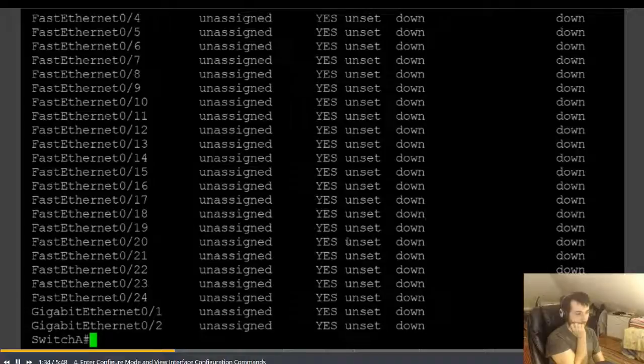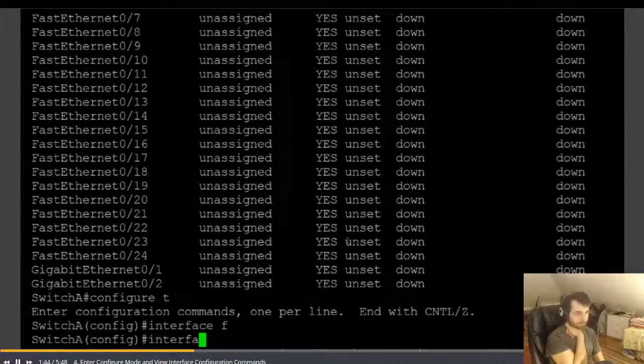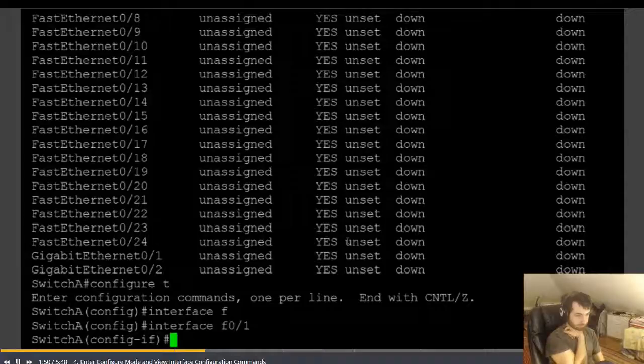Okay, so let's take a look at some basic Layer 2 interface configuration. I'm going to go into configure mode. And now I'm going to pick a couple interfaces here. Let's take a look at interface FastEthernet 0/1. Let's say this connects to workstation 1. If I do a question mark here, I can see a list of the commands that are available in interface